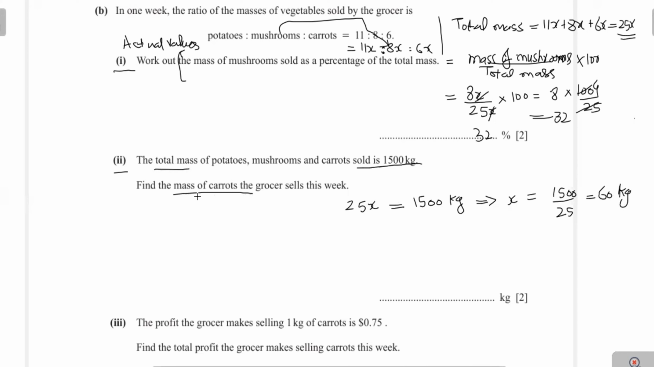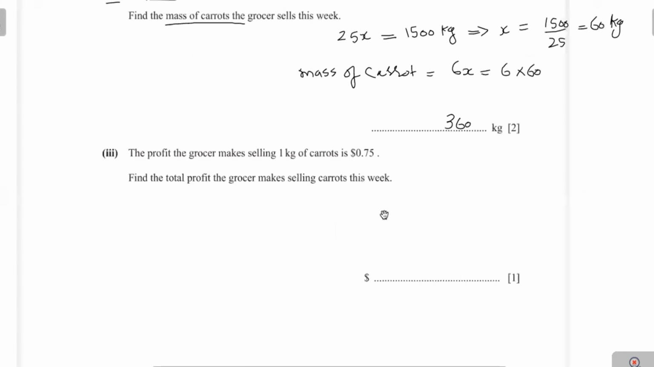kg. Now the mass of carrot here is given. This is the mass of carrot, and this value is 6x. We write here mass of carrot equal to 6x. Therefore, we can write 6 multiplied by the value of x, which is 60, and this will be equal to 360 kg. This is the answer. Next is the